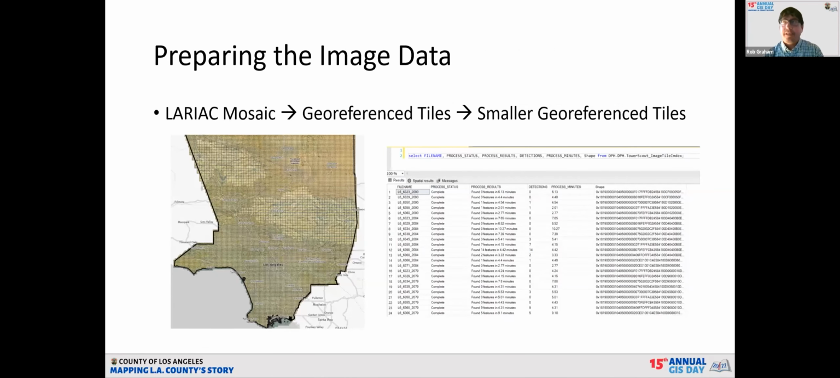So our first step with this was to prepare the image data, because LARIAC comes in as a mosaic, so it's one giant image. In terms of defining our workflow and how we were going to process it, TowerScout takes images in tiles. And so the first thing we did was we broke this mosaic